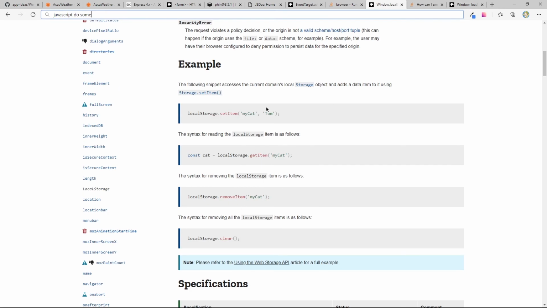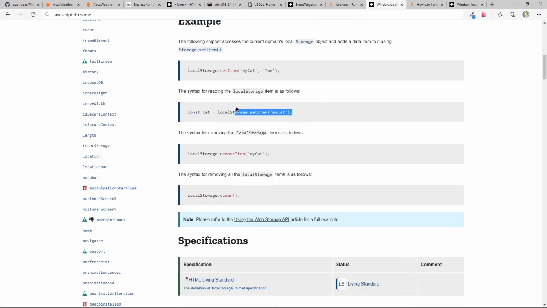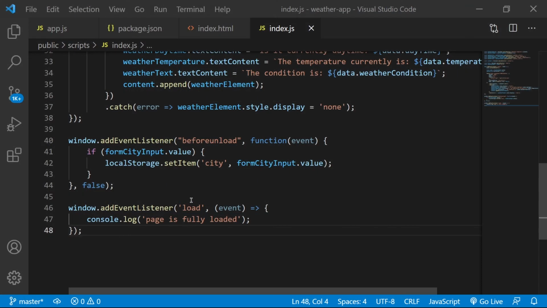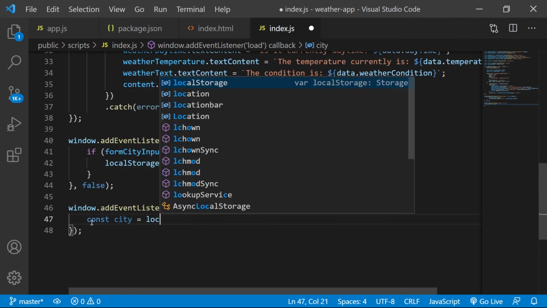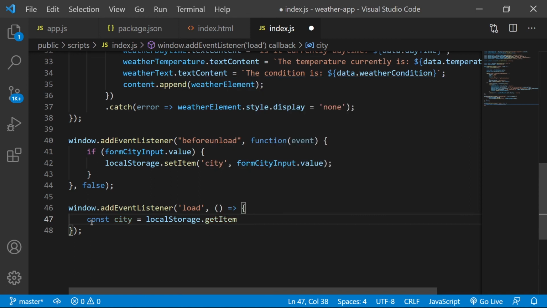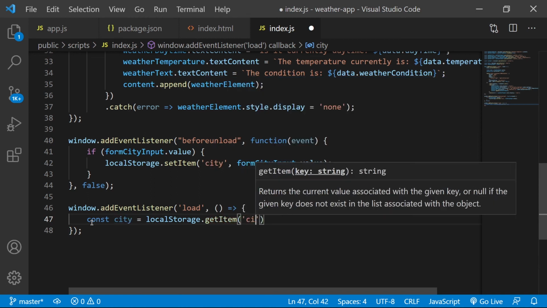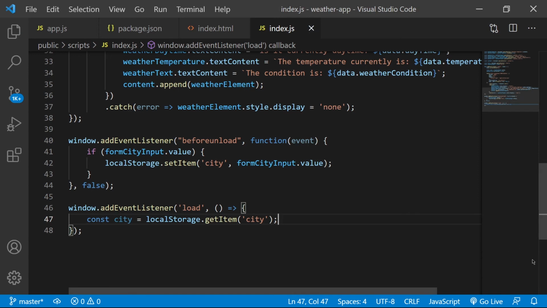So localStorage.getItem city. Okay, so let's come back here. I think we need this. So let's say const city equals localStorage.getItem city. I just want to make sure this won't throw an error.